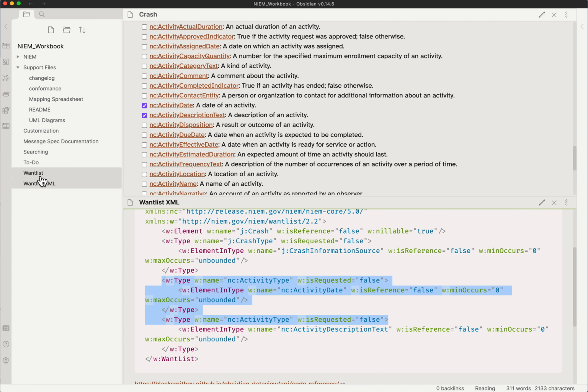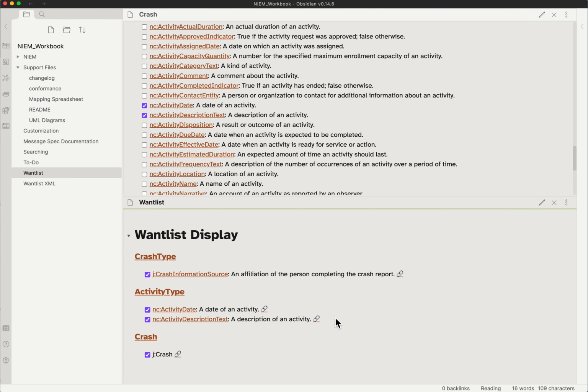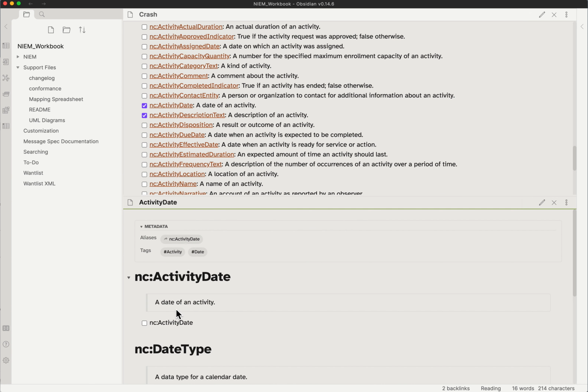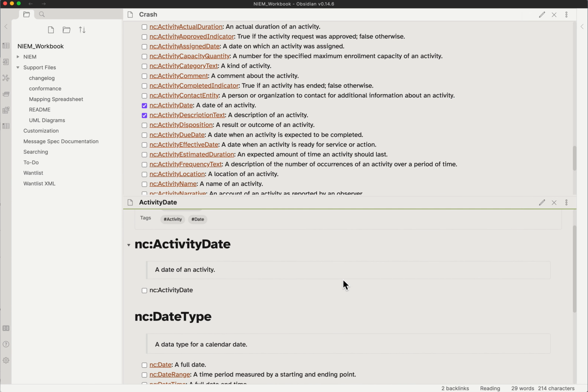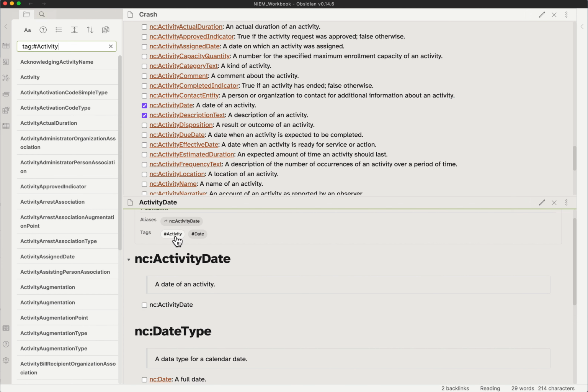And if I go to the fancy formatted version, it's there as well. Here's our activity description text. And all this stuff is hyperlinked. If I want to go learn more about activity data, I just click on it and I go to the page for it. If I want to do a search for everything with activity, I click on it and I get results over here. So it's really a handy way to jump around and learn about NIEM